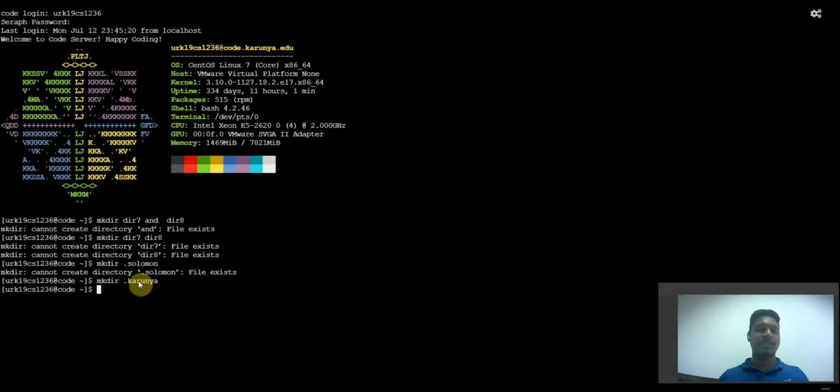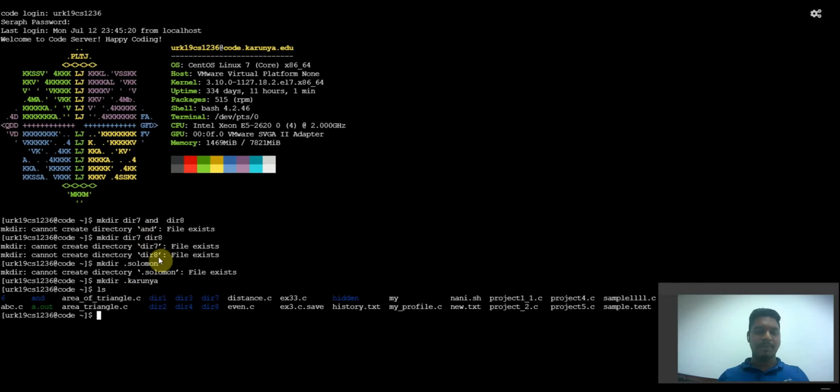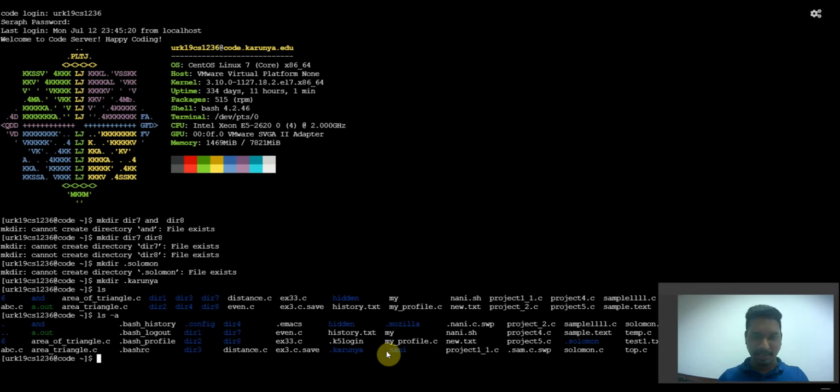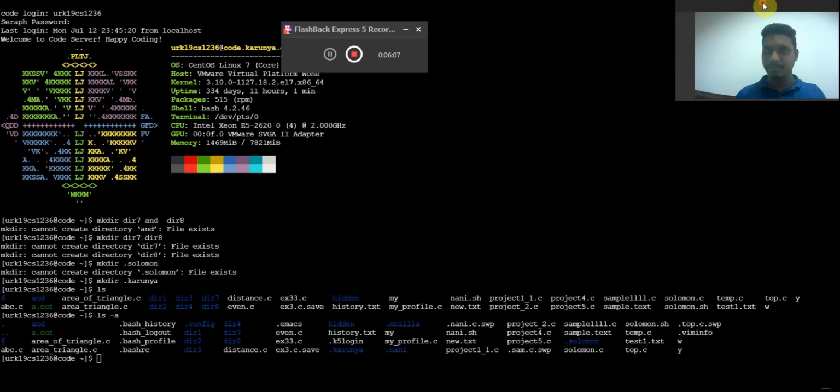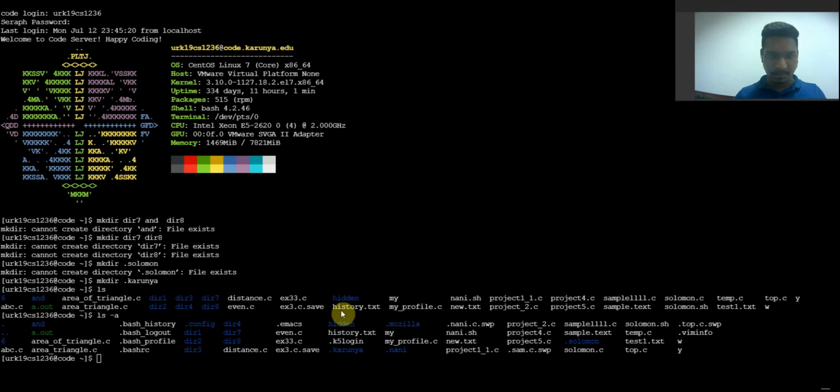The file is successfully created. If I press ls, the file karunya will not be visible, but when I press ls -a, then the file called karunya will be visible. Yes, hidden. You can see here .karunya as a hidden file. In this way you can create a hidden file.